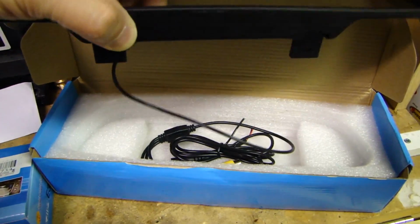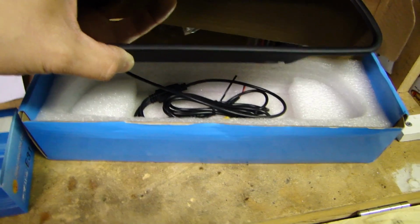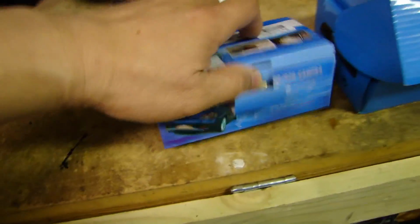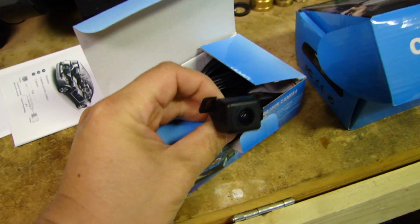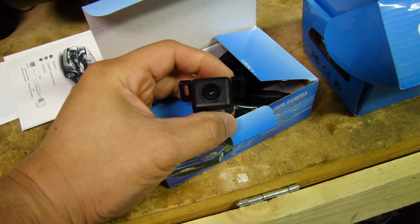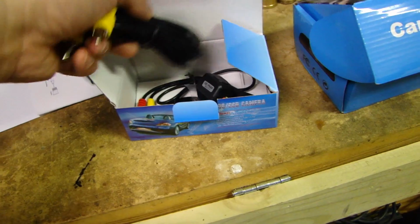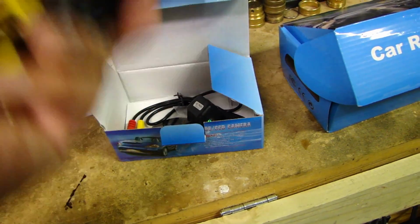It comes with a wiring harness at the back of this. One connection is for the power and the other connection is for the RCA video input. For the camera itself, I got this one here, which looks very similar to the other one I bought for my Nissan Quest. This is from a different seller on eBay, but it should be the same type of camera. It also comes with the power cable and the long RCA cable that'll connect your camera to the front of